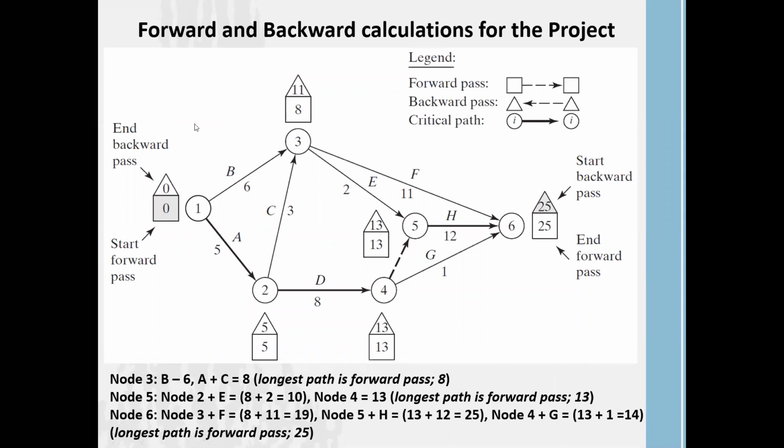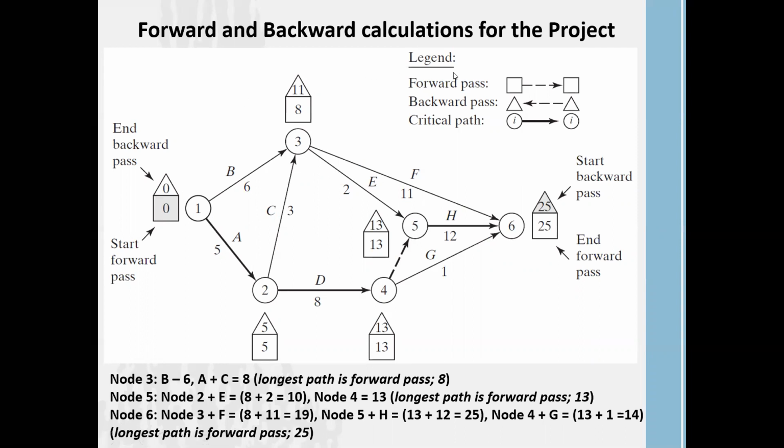Right? Now one can make another argument. Can't we go with the path 1, 3, 5, and 6? Yes, we can go, but these activities consume the highest time. That means even if you finish those activities earlier, you have to wait until these activities are complete. That's why, first of all, we need to identify the critical path of the network, or the critical path of the project.